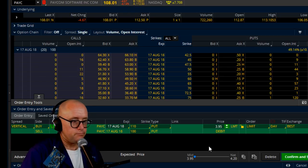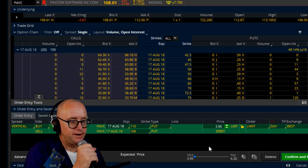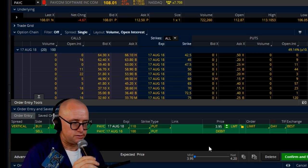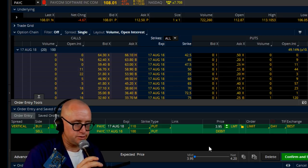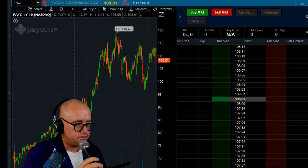So we're buying the 110, I'm sorry, we're buying the 110 put and we're selling the 100 put. It's a $10 vertical. So $10 between the strikes. We're paying $3.95. So let's say we're paying $4. So we're paying $4 for a $10 vertical. That means that, let's bring the chart up again here. So that means that